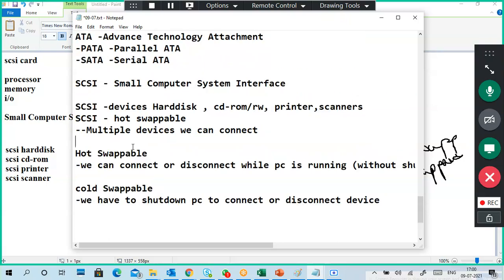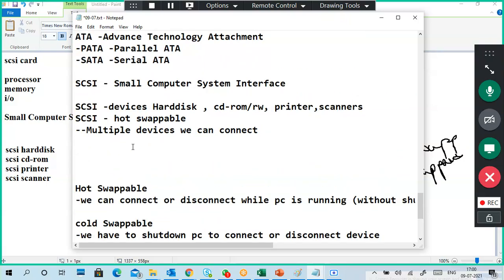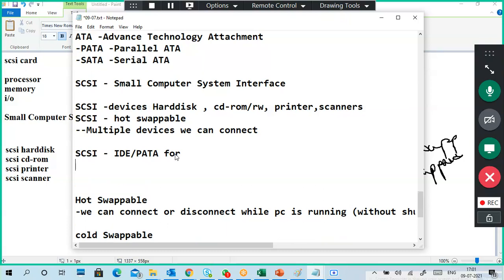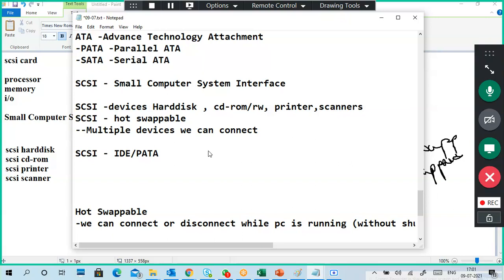So normally SCSI means a PATA type of connection, IDE or PATA type of connection. Some people use IDE as a name and some people say IDE connections. So normally it is for a disk, a disk connector, a device connector. Different flat kinds of cables they are also using internally.